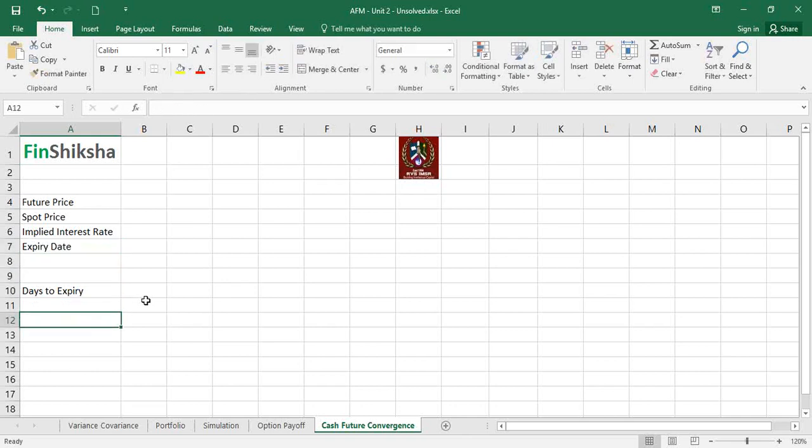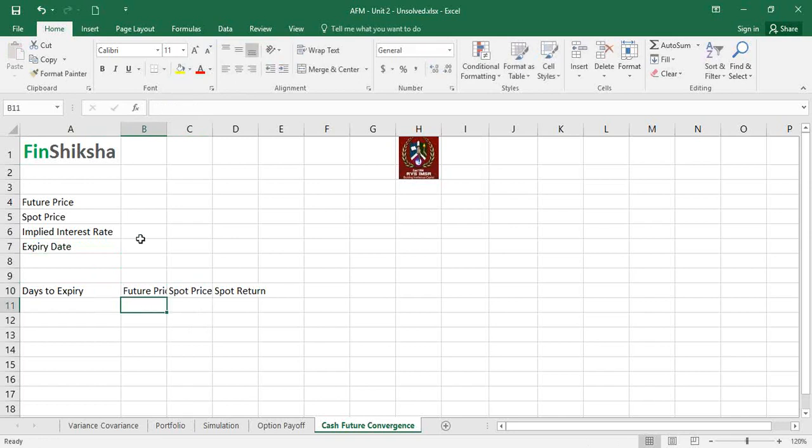We can find out the spot price by using a randomly generated number, something we have seen in the past. So we can put a spot return here, and then look at the future price. Just to make things simpler, I'm going to put these two here, and calculate the